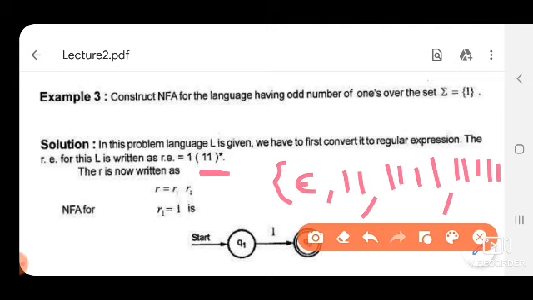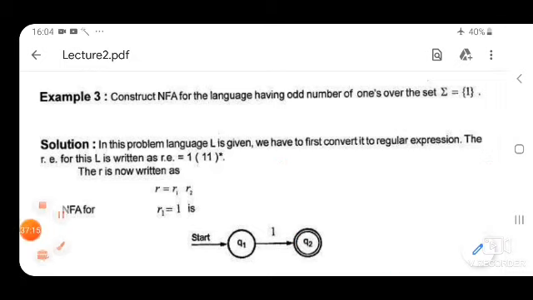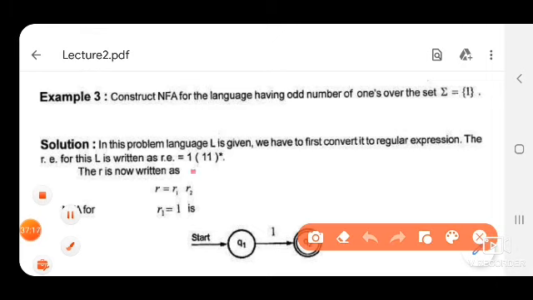But we have to draw a regular expression for an odd number of ones. So, if we add 1 here, from this whole expression we can get an odd number of ones, because a single one is added to an even number of ones. So, this single one helps us generate an odd number of ones. So, this is the regular expression.